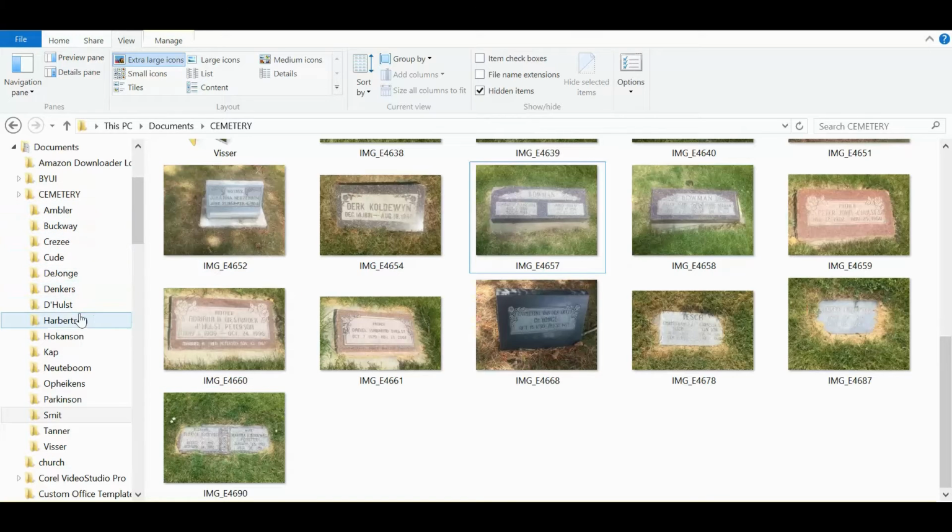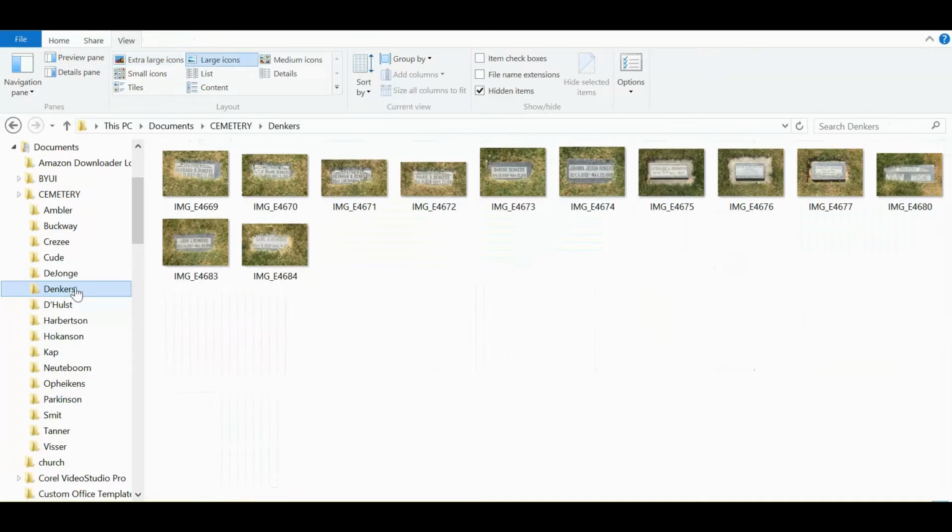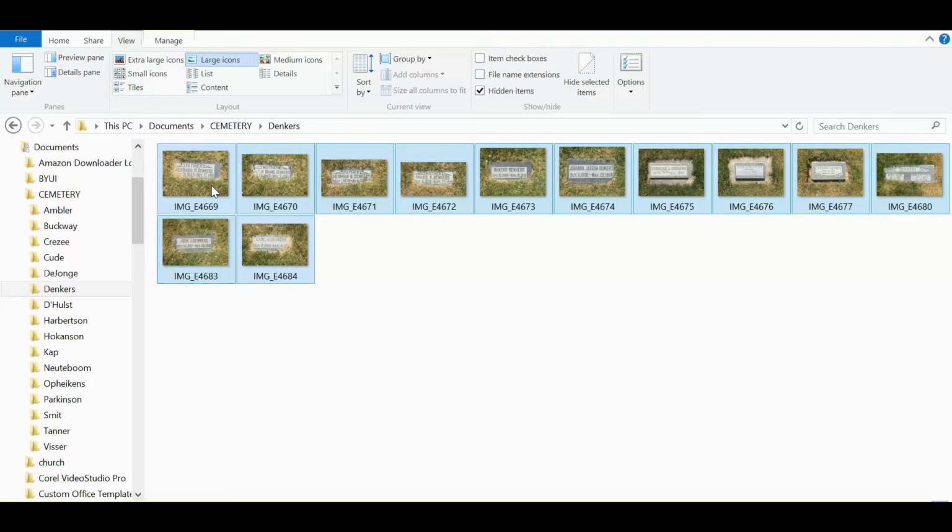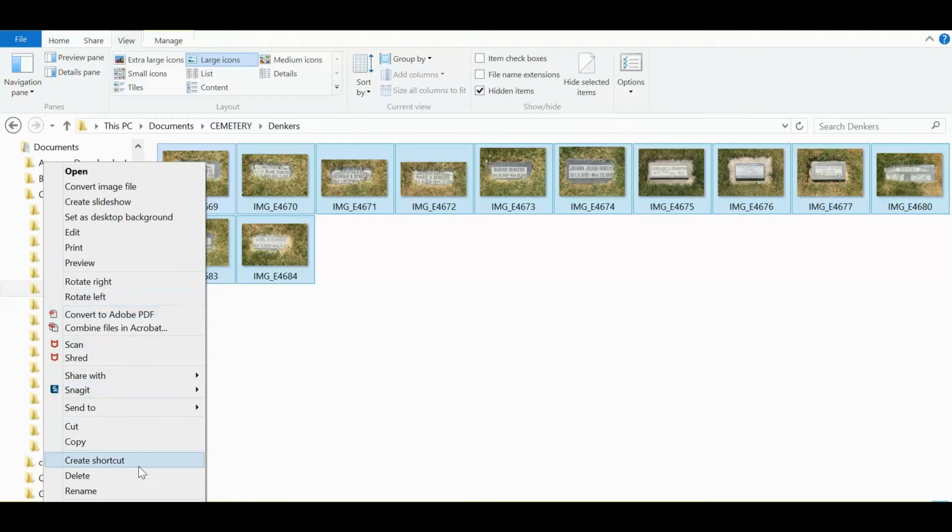Let's suppose I had, though, a folder that had a lot of names in it. Let's suppose there were, you know, well, this one has a fair number. And so you can go in here, what I would do, and you could go in and name these one by one. That will take a lot of time. But what you could do is just right click all these, or control click all these. So hold your control button and then click the first and the last, and then right click it and click